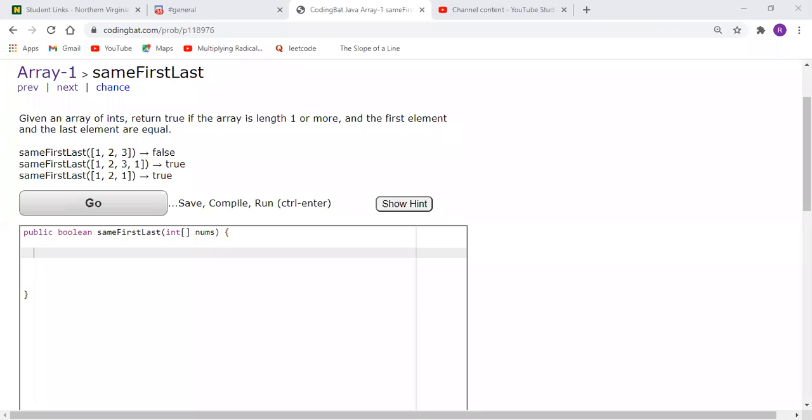So today we are doing sameFirstLast array1. Given an array of integers, return true if the array is length 1 or more, and the first element and the last element are equal. So essentially for this one here,